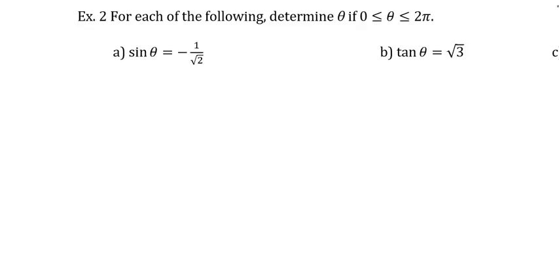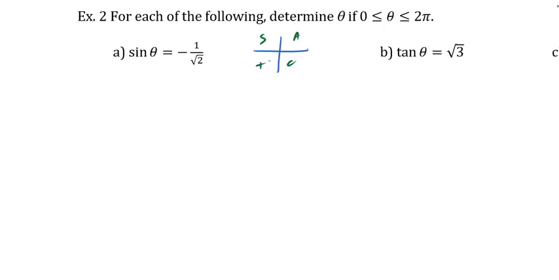So in other words, each of these is going to give me 2 possible answers. So first we find theta related, then we figure out which quadrants it would be in, and then we write our 2 answers. All right, so let's get started. So for this first one, CAST